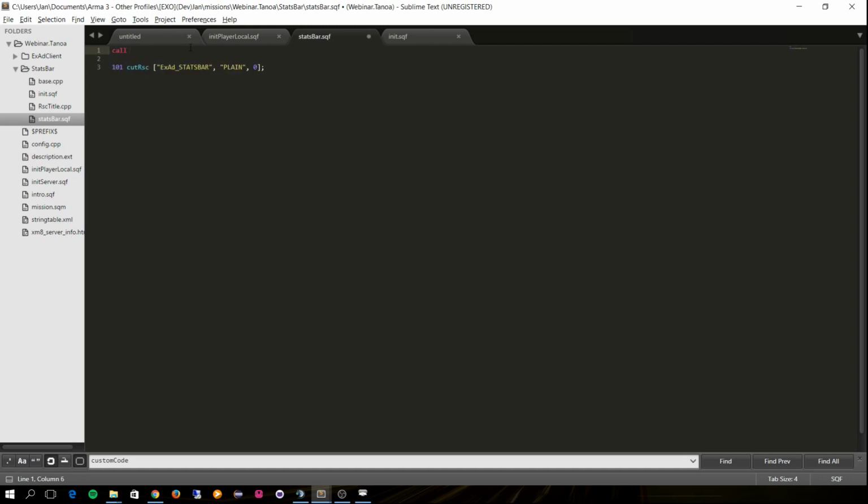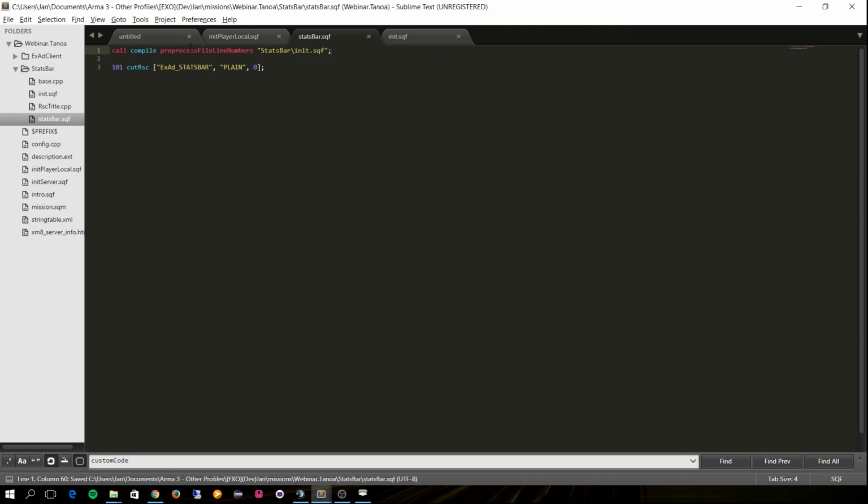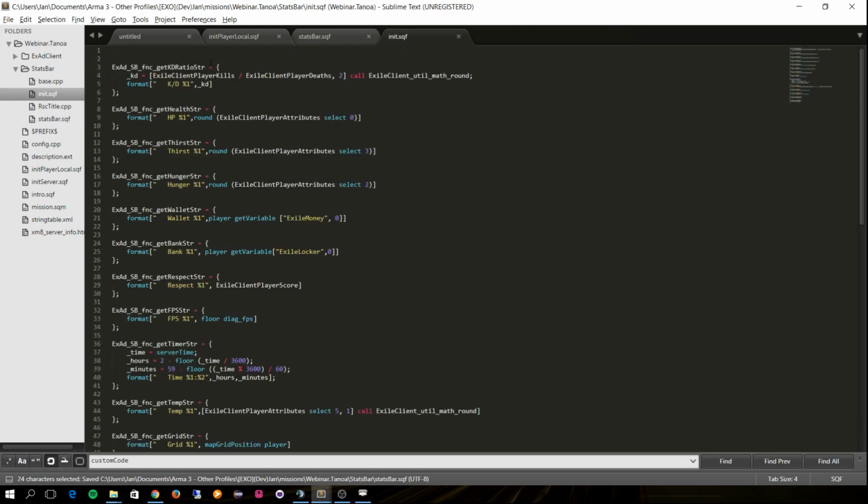We're going to do call, compile, preprocessFileLineNumbers, and statsbar/inits.sqf and semicolon. So by doing this, we are now reading all these different functions into the memory so we can